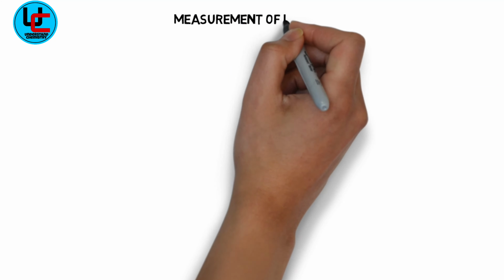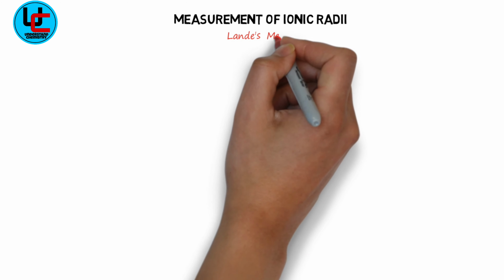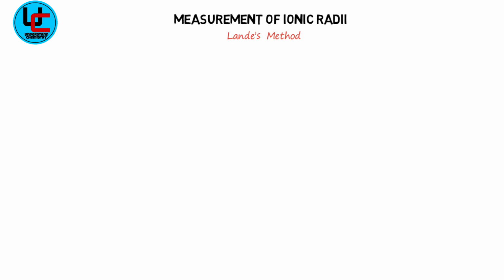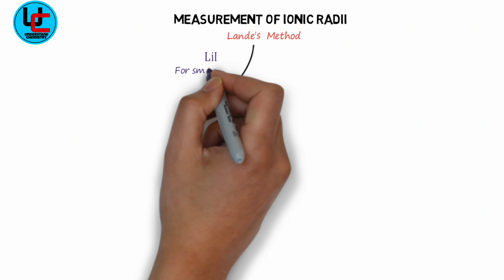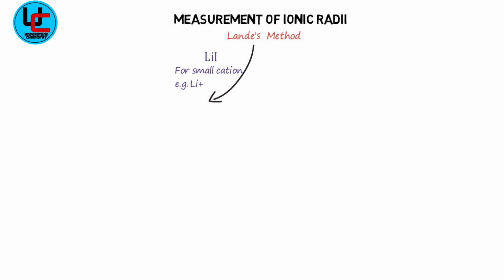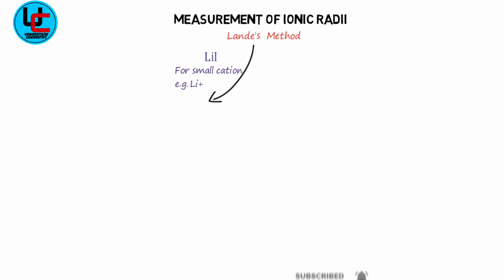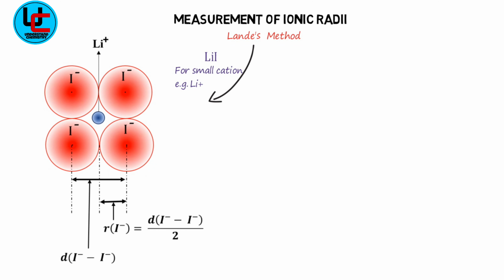Now I will show you how to measure the ionic radii. Lande's method for the measurement of ionic radius was the first approach toward ionic radius measurement. It was assumed that ions are hard spheres. According to this method, for ionic compounds that are composed of a very small cation and a very large anion, like lithium iodide that contains a small lithium cation and a large iodine anion, for this compound,